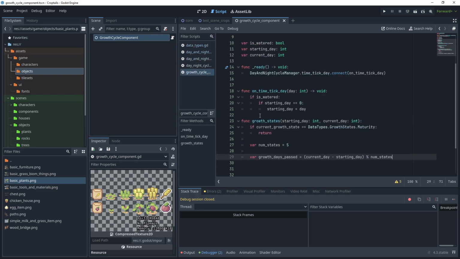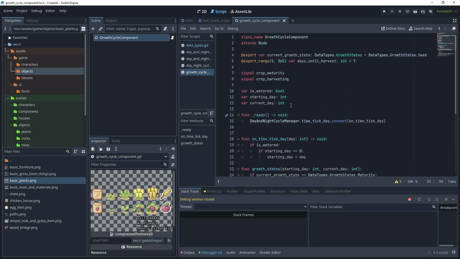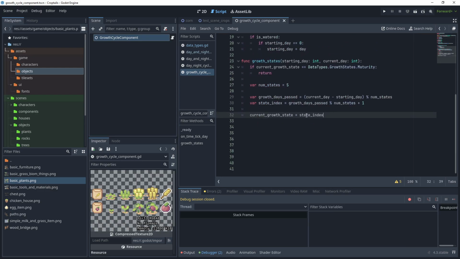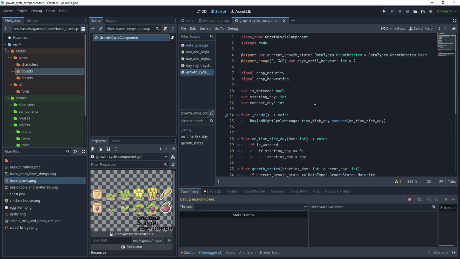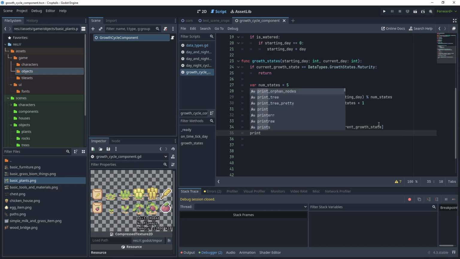Go back to growth cycle component script, then create another variable state index and say growth days past modulus number of states plus 1. Then set current growth state equals the state index. So the current growth state is of type data types growth state, and the index value will set that enum value. Then let's get the current growth state from the data types keys and just print that as a debug